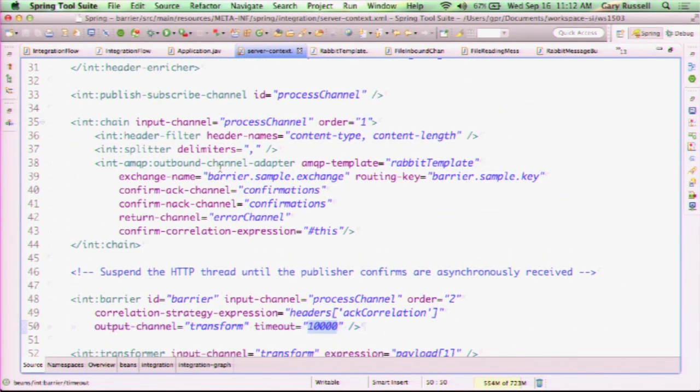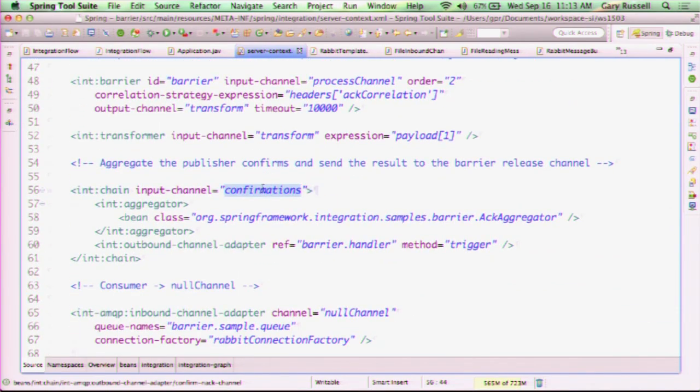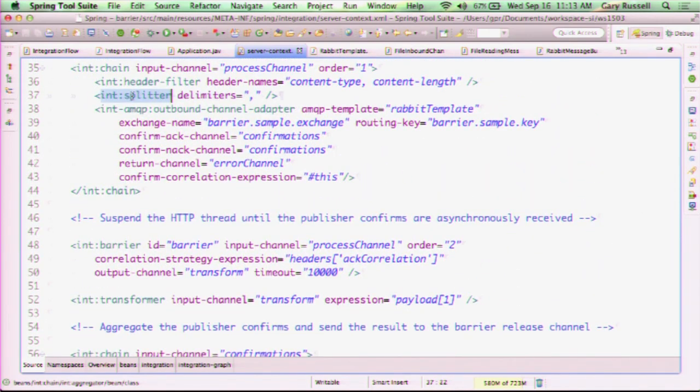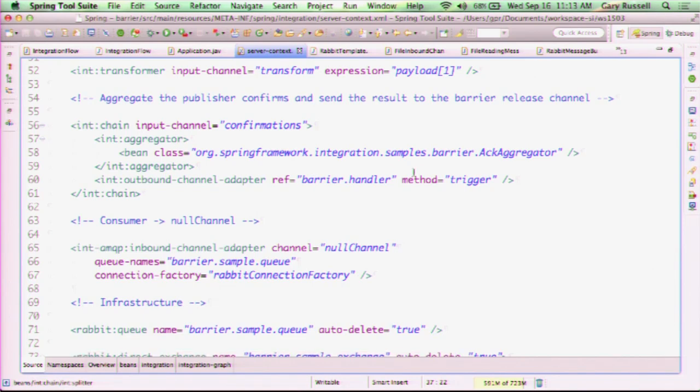Back in our outbound channel adapter, when the ACKs come back from Rabbit to say, yeah, I've got these messages, they go to this confirmations channel. And the confirmations channel basically is just an aggregator. When we did the split up here, we're using a standard splitter which sets standard correlation data in the messages. So things like sequence size, sequence number, and a correlation ID are all set up for us. So we don't need anything special in the aggregator. It will just use those default correlation headers, and the default sequence size release strategy, to